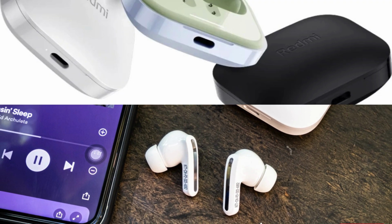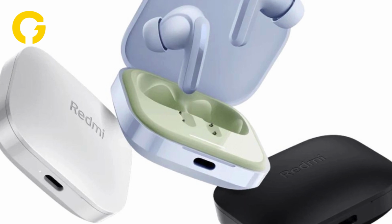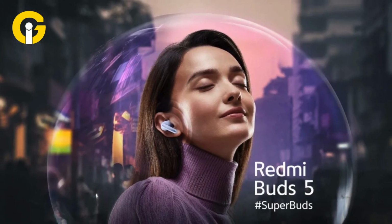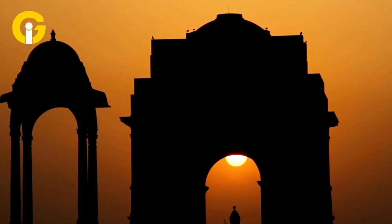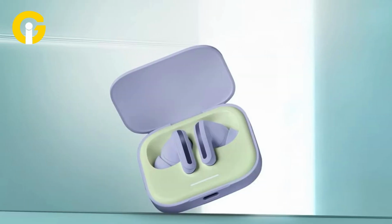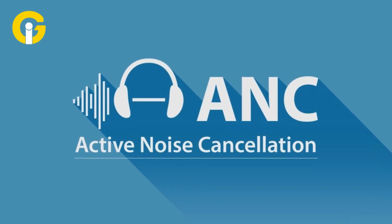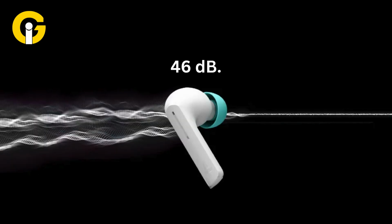Redmi Buds 5 launched with 3 color options. Redmi Buds 5, the latest true wireless stereo earphones from the Chinese electronics brand, have been launched in India. Featuring a semi-in-ear design reminiscent of AirPods, these earphones offer active noise cancellation technology, reducing external noise by up to